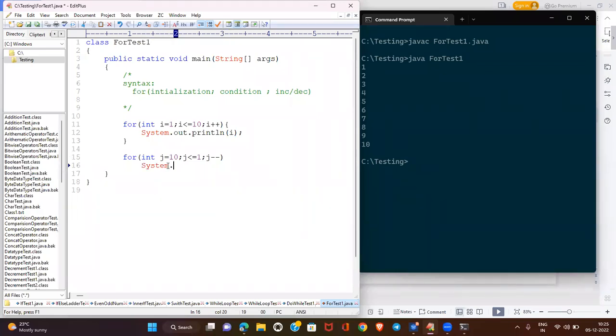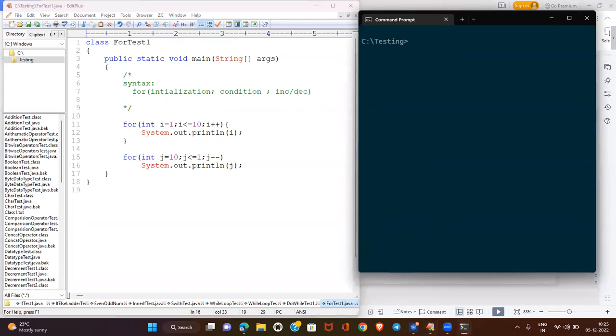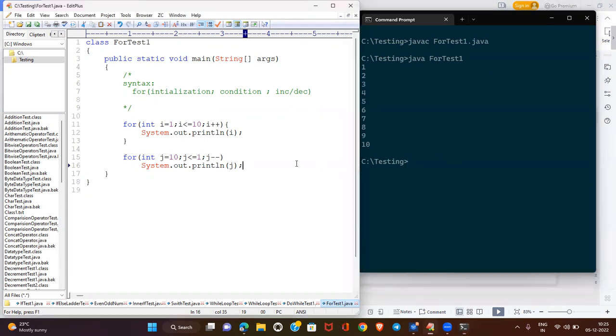Now System.out.println, and here I'm saying j value. Now you can save it. Now go to here, clear the screen. Now see, it's getting 1 to 10 only. But I need to print, 1 to 10 is saved, right? So after this, I need to print some